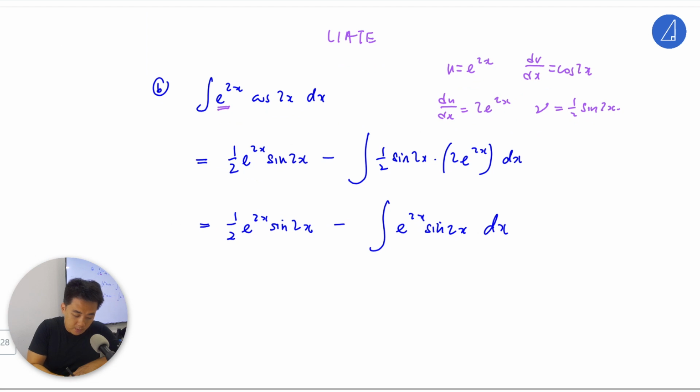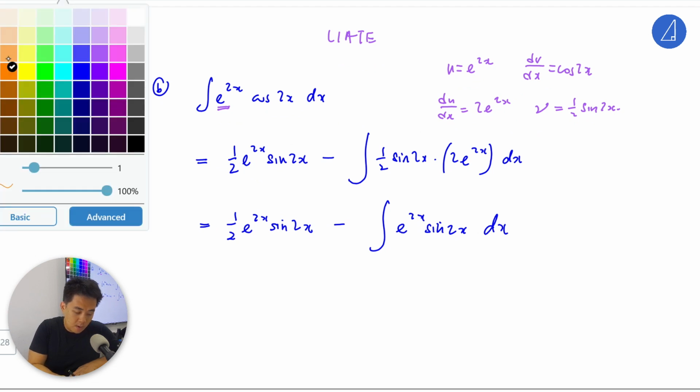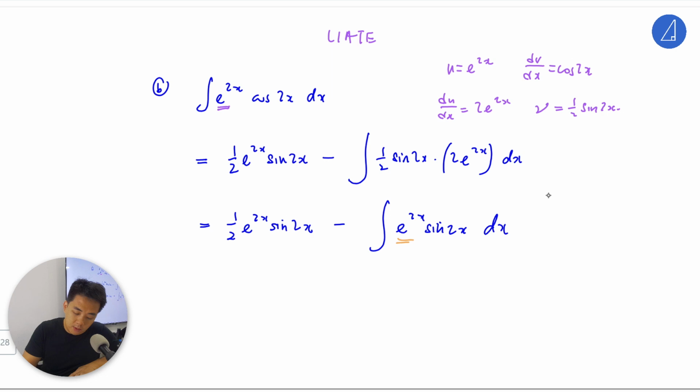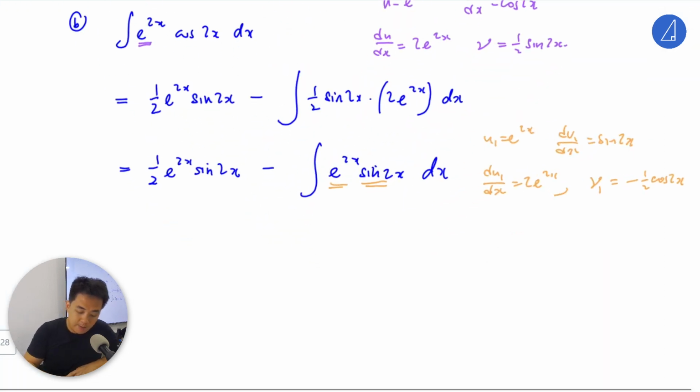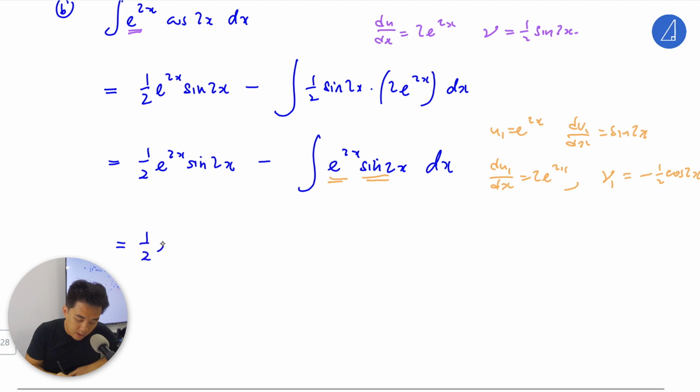Okay, similarly, let your u now be e^2x. So u1 is e^2x, and dv1/dx equals sine 2x. Then do the same thing, by parts again. du1/dx is 2e^2x, v1 is negative half cosine 2x. Okay. Then half e^2x sine 2x minus negative half e^2x cosine 2x,